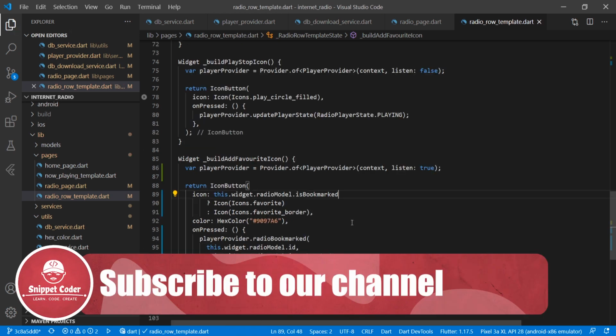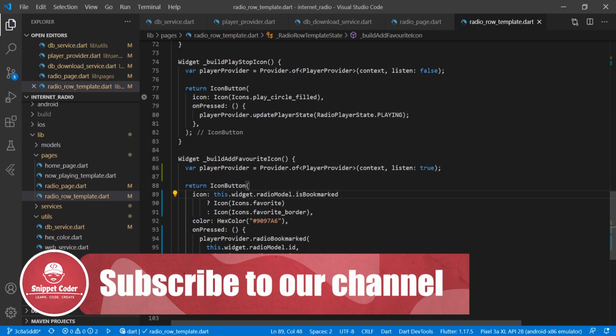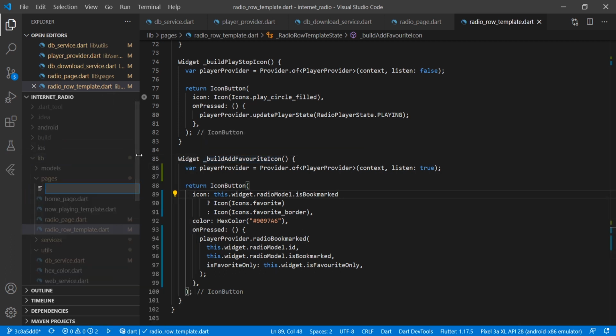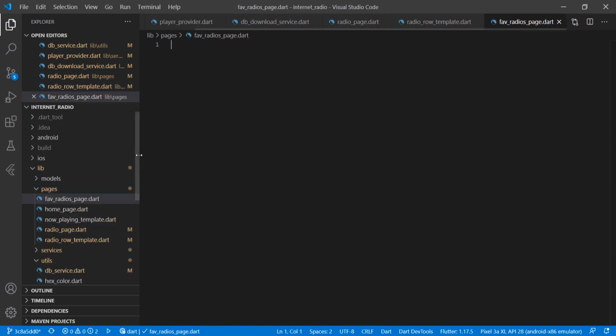So now we will create one more page, that is of the radio favorite, and in that page we will use the same code of that radio page. We will create here fab underscore radios underscore page dot dart file, and we are making it a stateless widget.